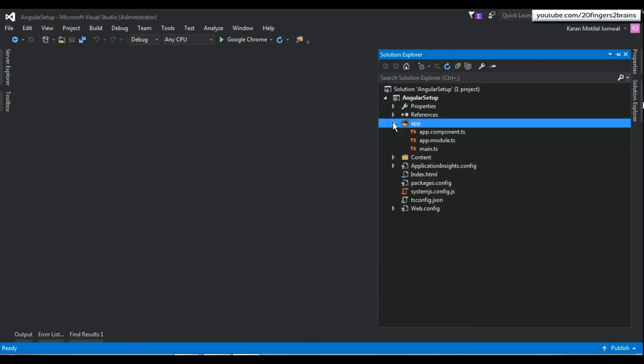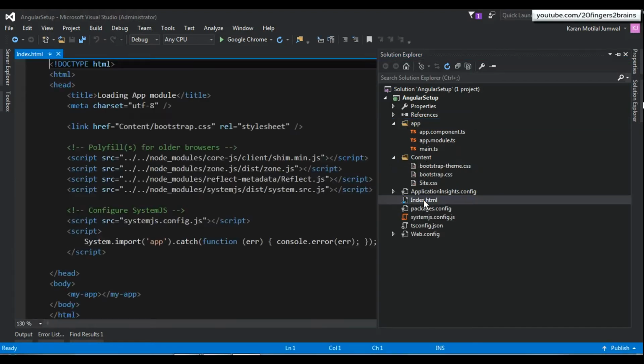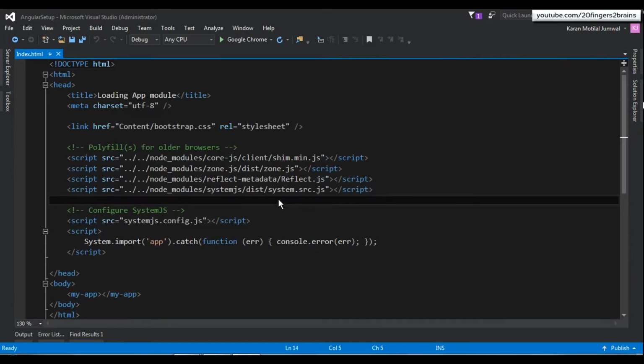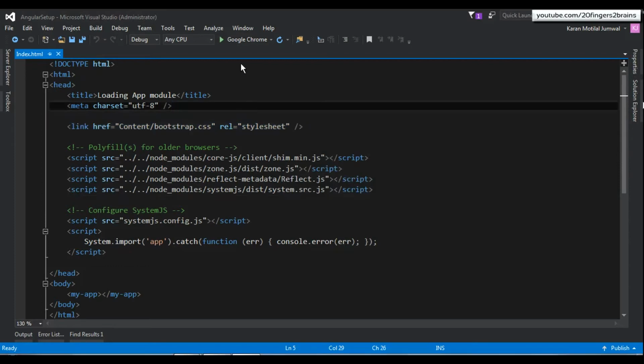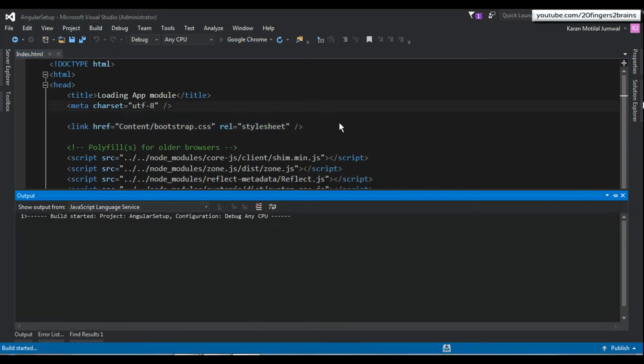Everything is present here, and in the content folder I'm using Bootstrap, which is referred to in the index.html file. Here I have referenced the bootstrap.css. Let me run the application and we will see what the application has to show